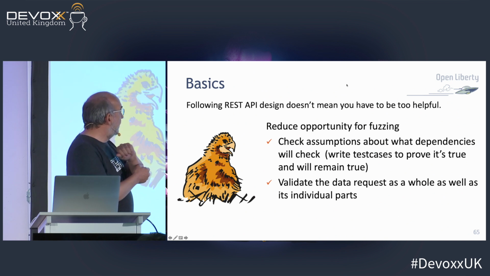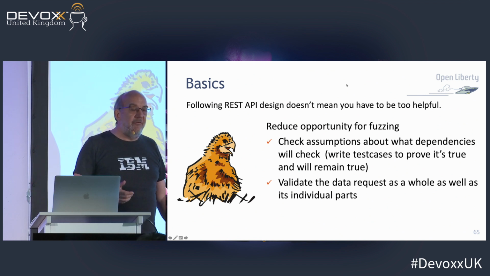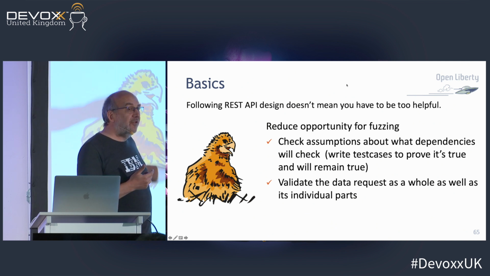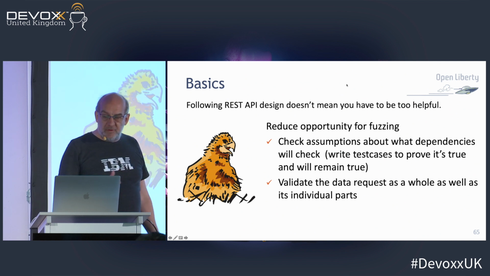The other thing is about data validation. That's a big topic, but basically if you are not putting lots of effort into how you deal with the data and how you assume that everything's correct, the fuzzing guys are going to break you. There's only so many combinations of data that you should accept, and you should be checking for that.